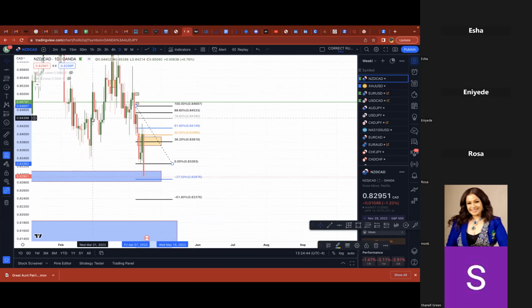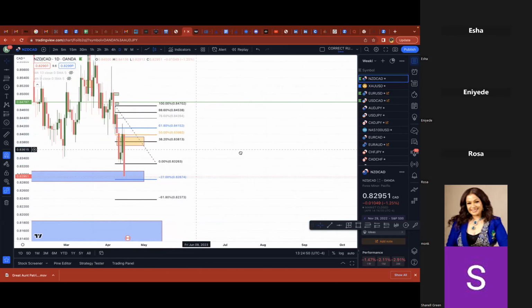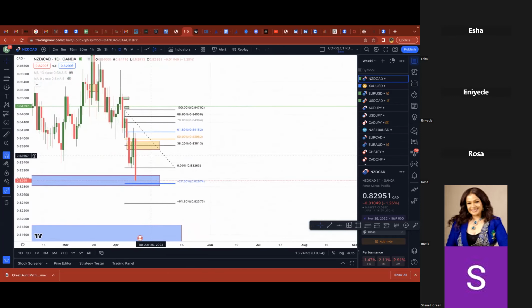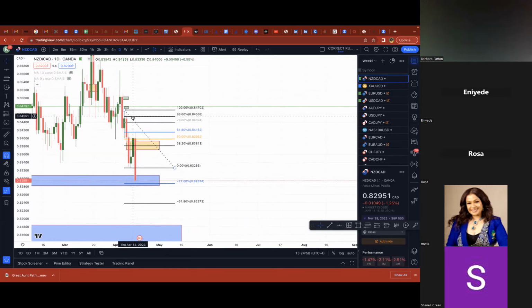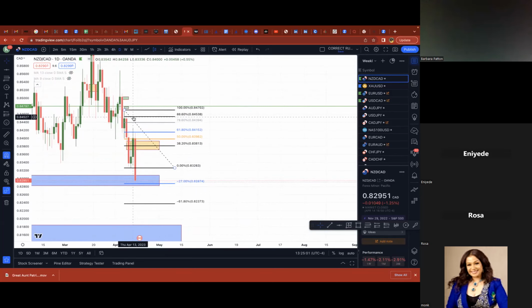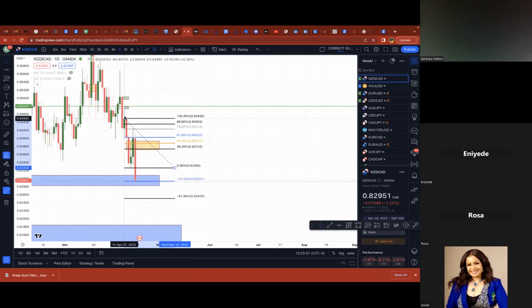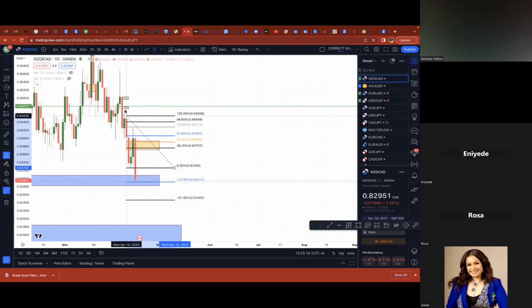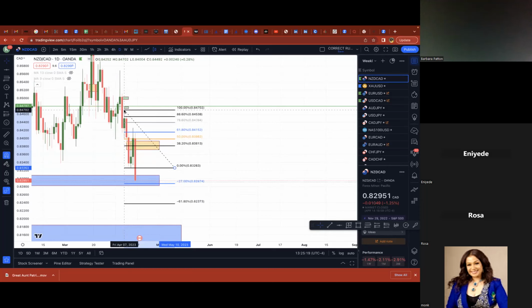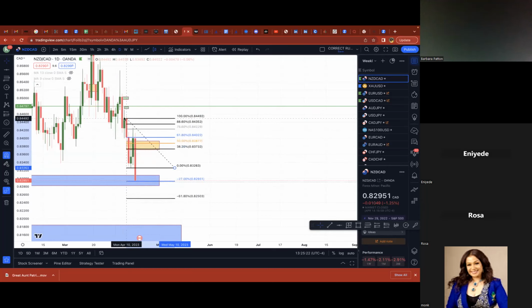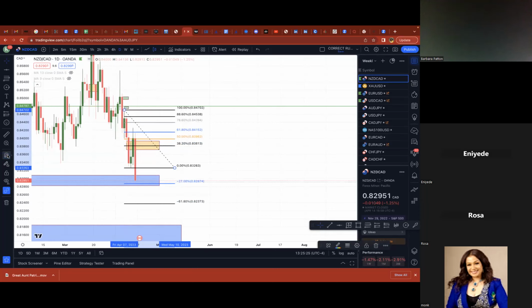Okay, TeeTee, at that point, I'm a little bit confused. So why did you put the fib at that green wick and not at the red wick? Because look at it like an order block, if you will. Okay, so hold on, let me show you. This is like where the retracement began. So that's why the retracement began at the wick and then retraced like this and then down. Does that make sense? Yeah. Okay.